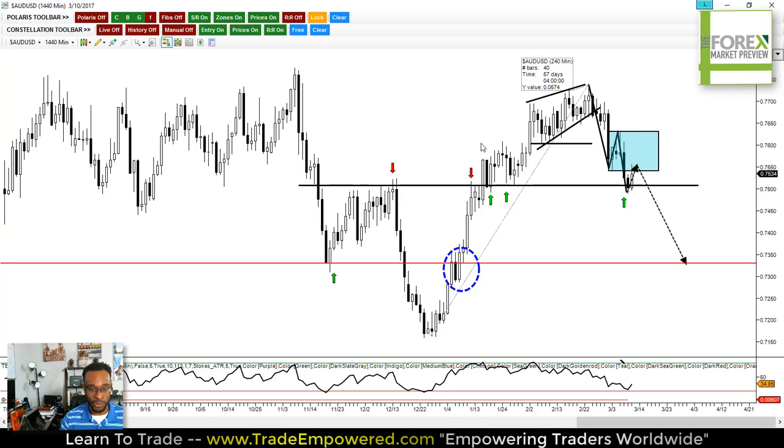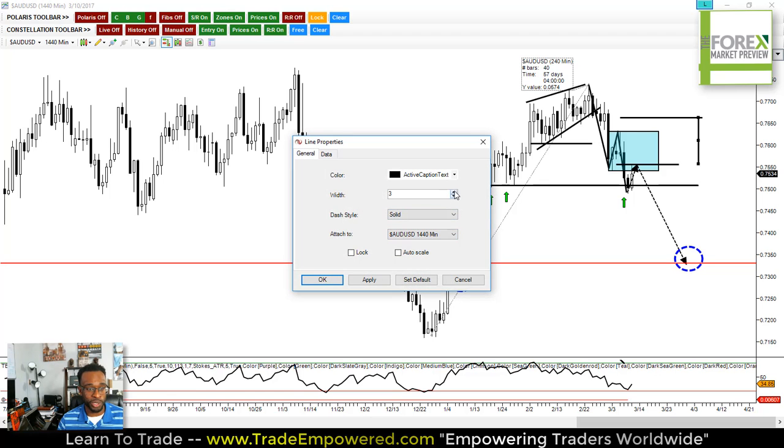If you're a trader that's aiming for this point down here, this 200 pip move or whatnot, then guess what? You can easily enter right now on this first test, get stops above the previous structure highs, right? And you'll easily have a positive risk reward. You should have about a 3-to-1 risk reward.